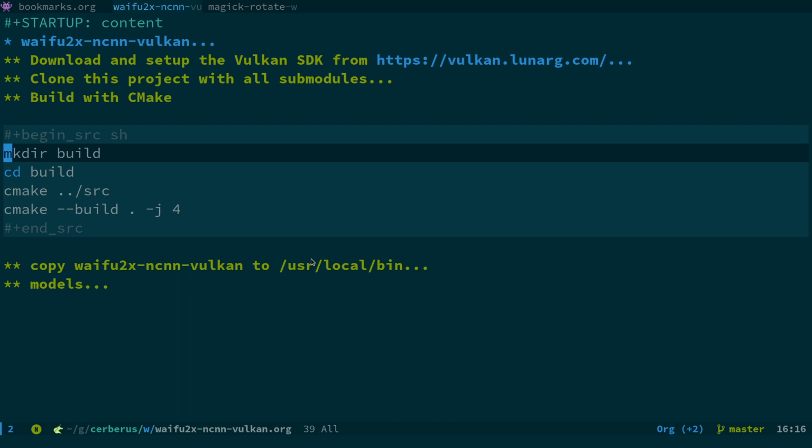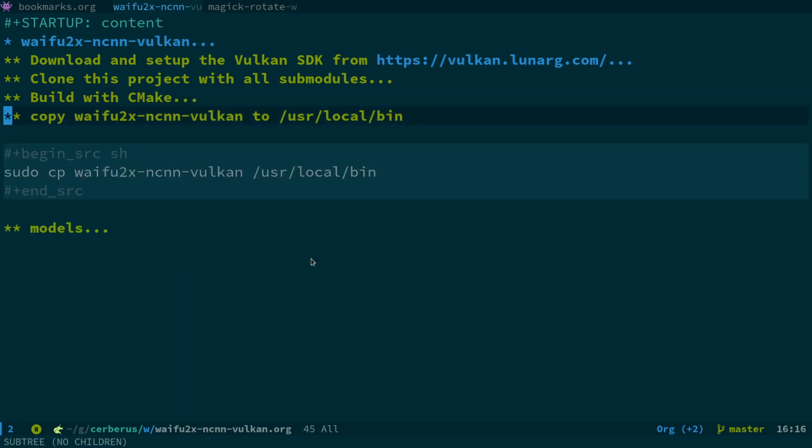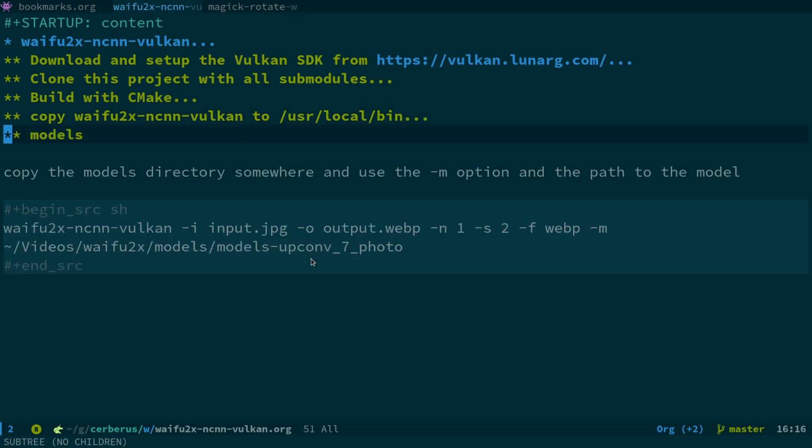Cmake /source, and then cmake --build with -j4. Once we did that, we copied the waifu2x-ncnn-vulkan binary to user local bin, and the important step is you need to copy the models directory somewhere so that you can actually use it with the -m option, the path to the model. And again, the important thing about the